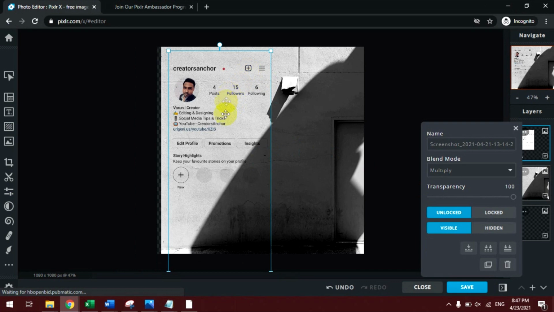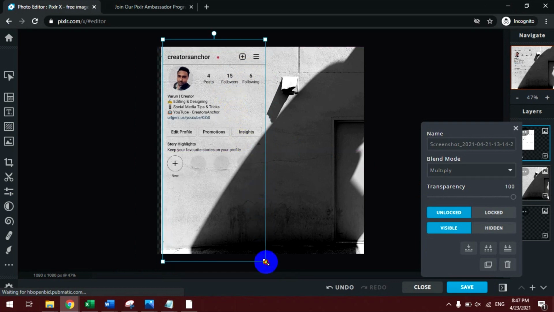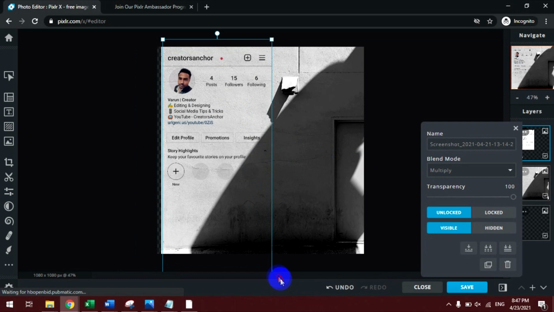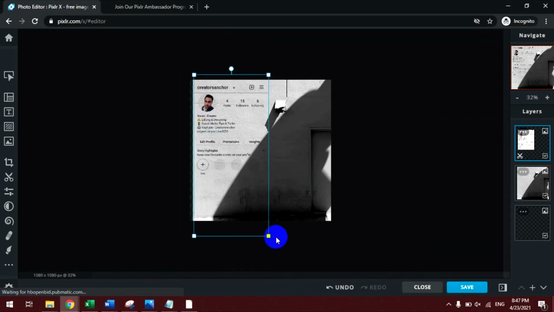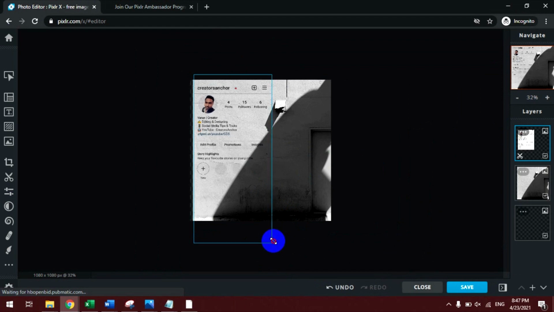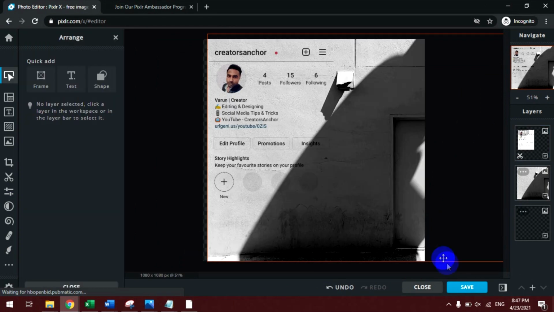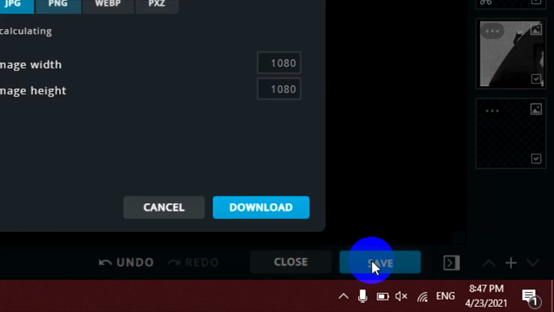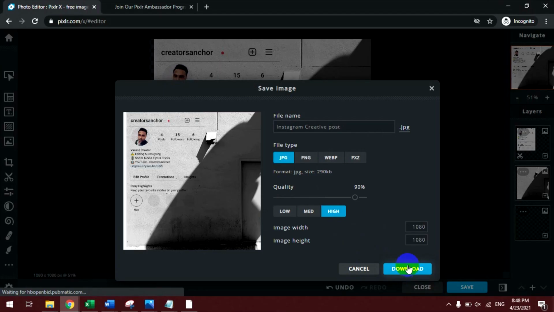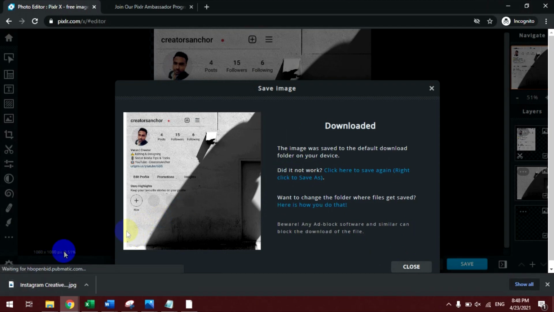Now adjust your screenshot a little bit like this. Now click on the save button here below and click on download and your image will get downloaded.